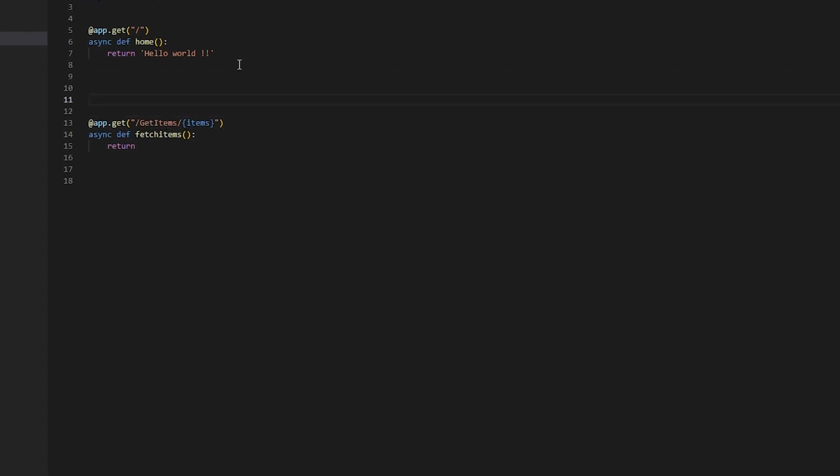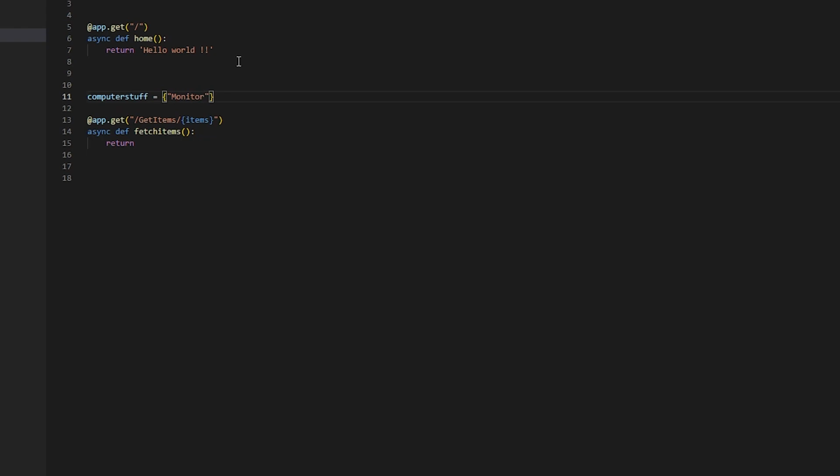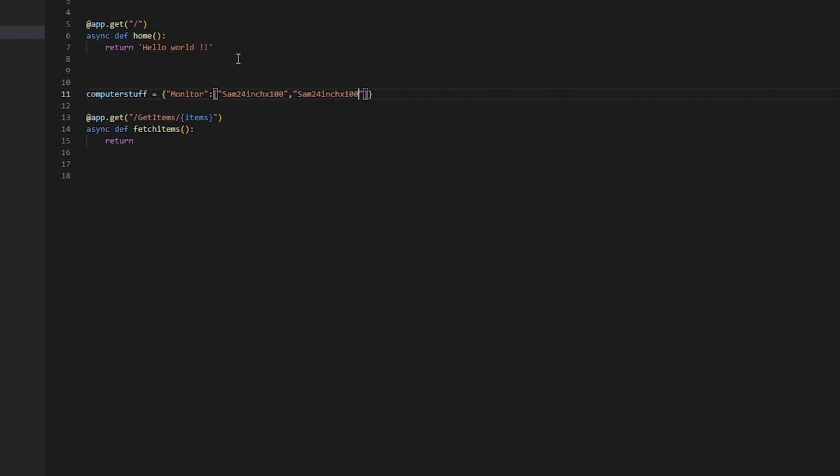So from where can you get those items? Suppose you are a seller and you sell computer stuff, so you can write computer stuff and then give it a dictionary, and then you can write monitor that you wish to sell, and then you can give the names of the monitors that you sell. So Sam 24 inch X100, and similarly you can define many monitors that you sell, and you can write LG I, and then you can write